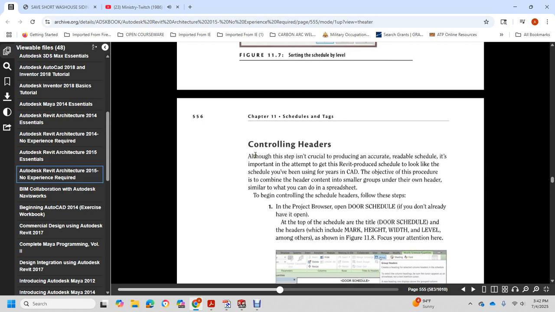Alright, controlling headers. Although this step is crucial for producing an accurate, reliable, readable schedule, it is important to consider the intent of how the schedule will look, using the tools of the CAD. The procedure combines header columns into a small group under its own header, similar to what you can do in a spreadsheet. Begin controlling the schedule header with the following step: in the project browser,